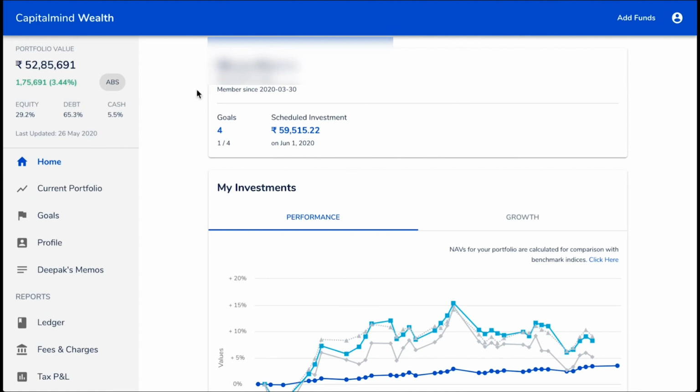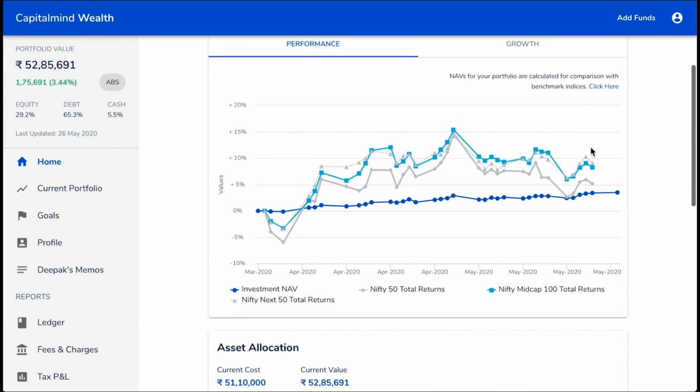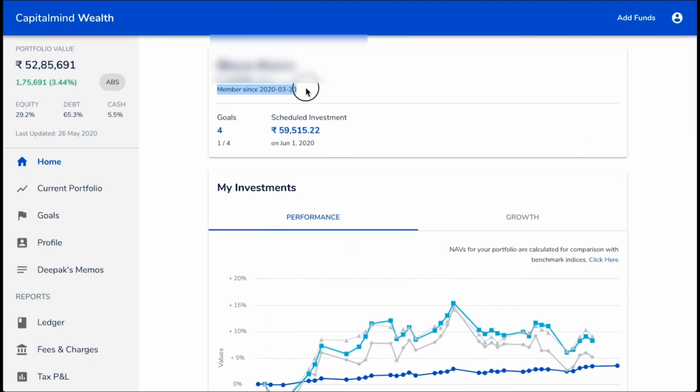A one-glance overview of your investment into PMS is available on the homepage. This includes the date of your account initiation, your current portfolio value, the current asset allocation, the XIRR or the absolute return. We display absolute return for portfolios less than 1 year old. After 1 year, the performance is displayed in XIRR terms. The dashboard is updated with a day's lag and the last updated date is displayed for your reference.